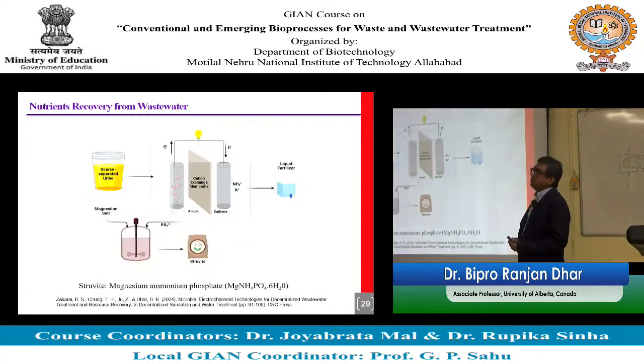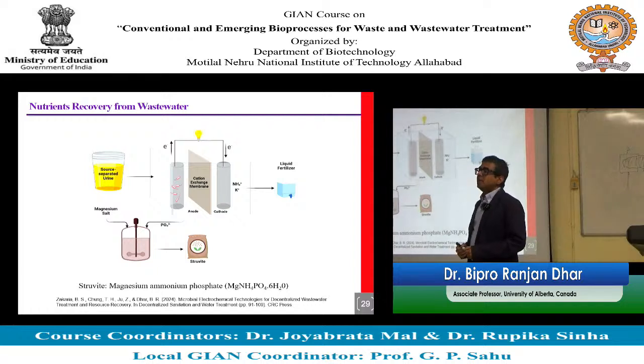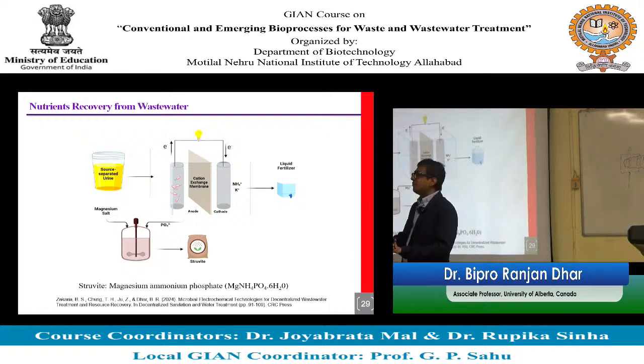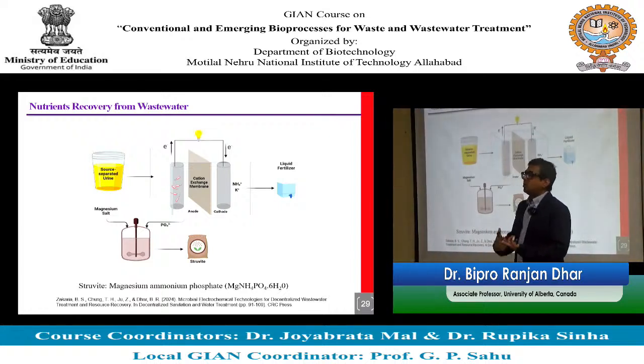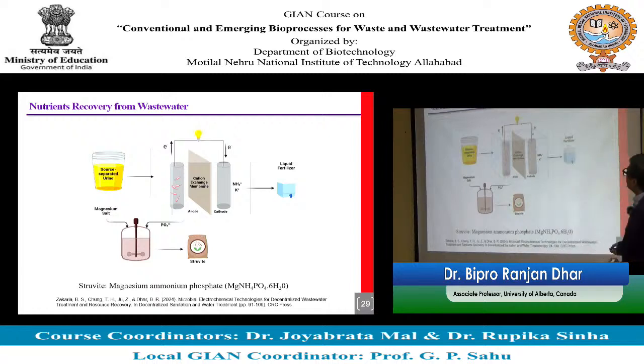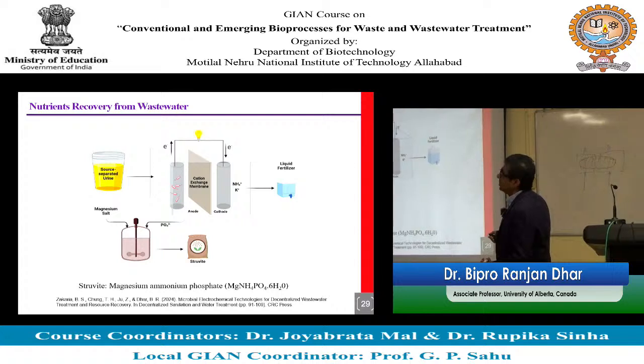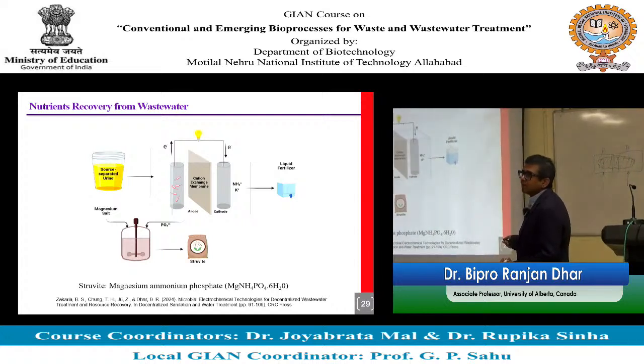So another thing we can achieve is nutrient removal and recovery. How can we do that? Let's say we have source separated urine. In our urine, what do we have? Nutrients. We have nitrogen, we have phosphorus, right? Do we have more nitrogen or more phosphorus? Nitrogen more, right? So what we can do is feed urine in the anode chamber of the MEC reactor,